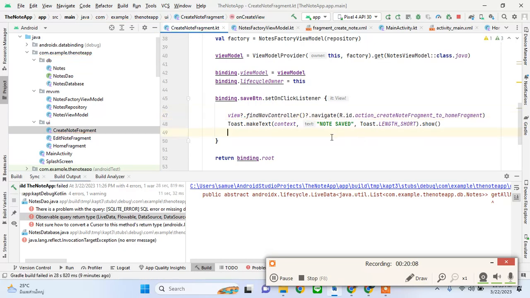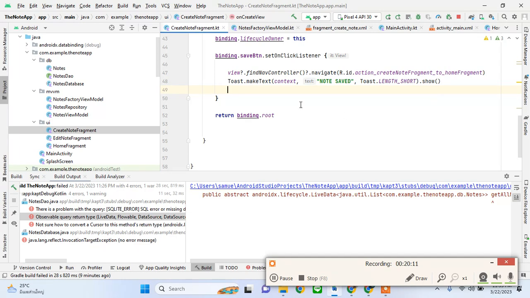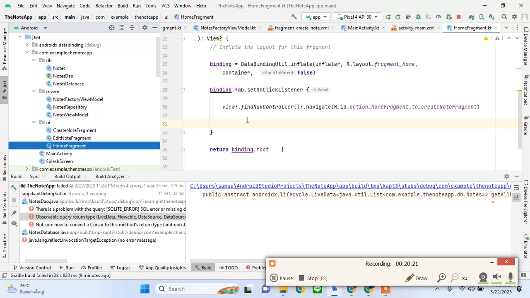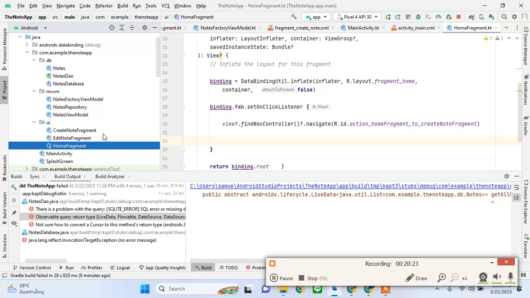And obviously we will not see the notes there, but what I can do here is maybe try to log those values. If we come here to the home fragment, we have to initialize at least our view model. So